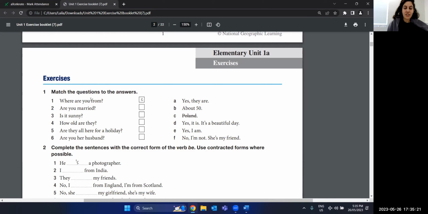So match the question to the answer. So if I said where, you can see it's starting with the 6 W, where, and then it's got to be, and then a subject. Where are you from? C, Poland. Roxana, number 2. Are you married? Yes, I am. Yep. 3,